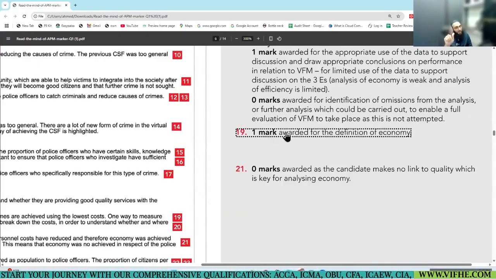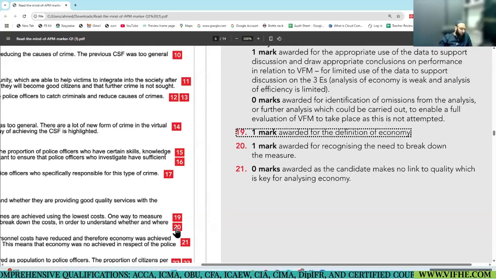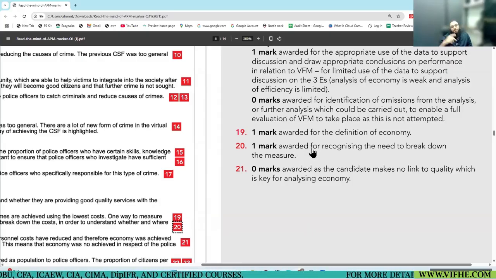Easy marks, I always say. 1 mark for the calculation already done. Assessment: interesting, 1 mark for mentioning that a breakdown is needed, a breakdown of staff cost and police cost. Easy. And interestingly, 0 marks for the assessment of economy.